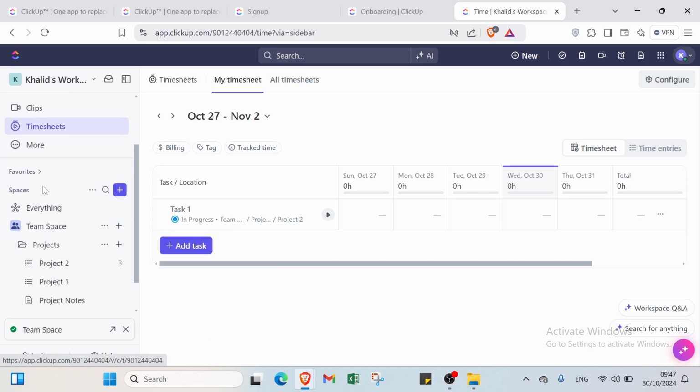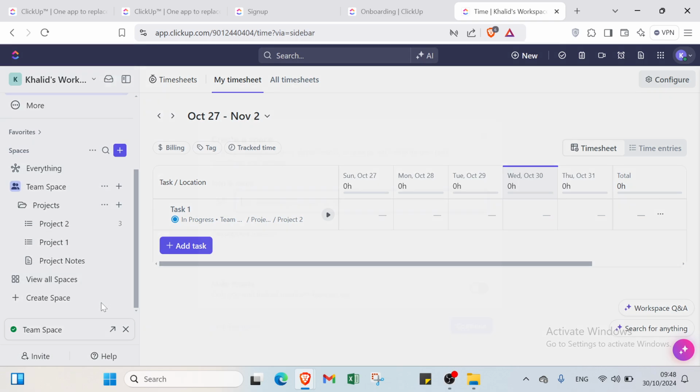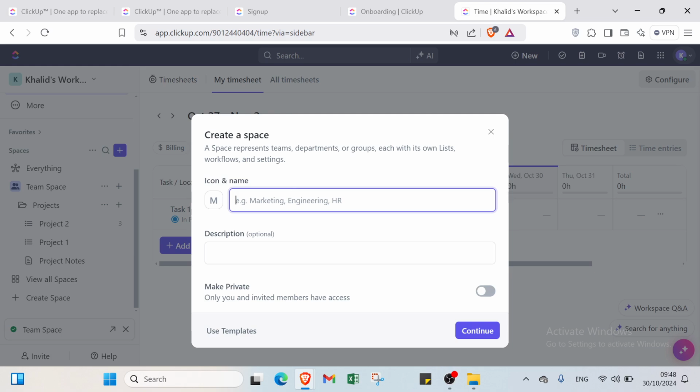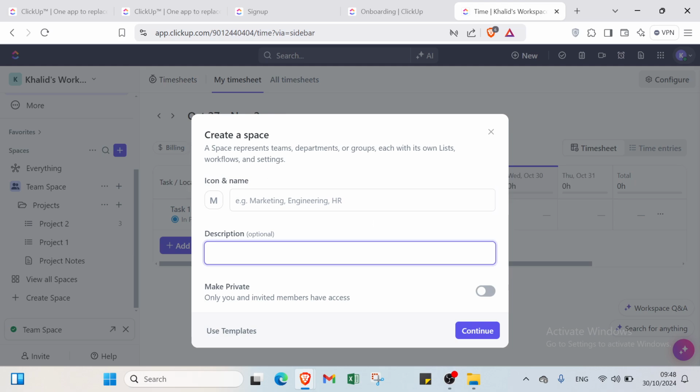If we scroll down, we'll find also some favorites like spaces. So this is the important one. About spaces, for example, if you scroll down, you can create a space like that, and you add here the icon and name, and we have here a space represents teams, departments, or groups, each with its own lists, workflows, and settings. You can also add a description, and you can make it private if you want, and you click continue. All right,